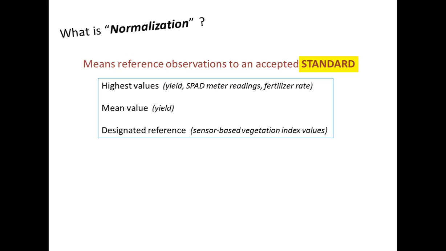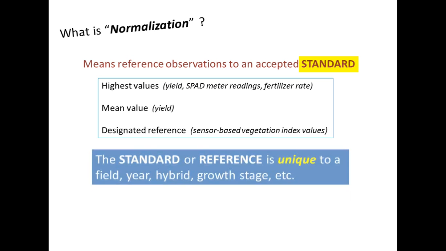In other situations, it might be more appropriate to use only the mean value for the field, the average yield perhaps, as our reference, and go 20 or 30% either side of that. And then in the case of crop canopy sensors, many times they will use either a nitrogen-rich strip through the field, or there's a new technique called virtual reference strip, whereby it selectively uses data from the most vigorous plants within the field as that reference. So that's what we're going to compare to, is the healthiest and happiest plants.